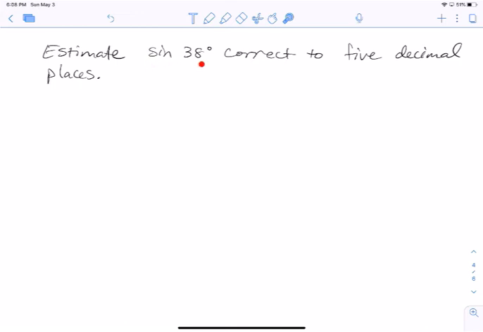Estimate the sine of 38 degrees correct to 5 decimal places. This will build on previous work, and so if you have not seen parts A and B of this section, please do so now. In those videos, what we saw is that for f of x equals the